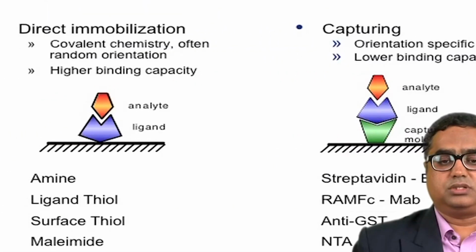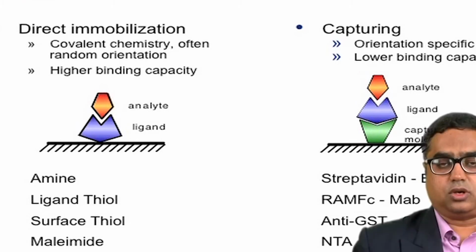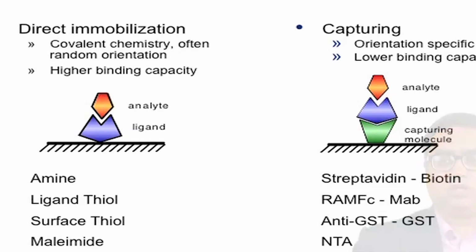So, direct immobilization is a covalent immobilization, which is a permanent immobilization, and in this process we immobilize our ligand of choice on a surface permanently. The other way of doing it would be capture, and so there are different sensors or different surfaces that are available,